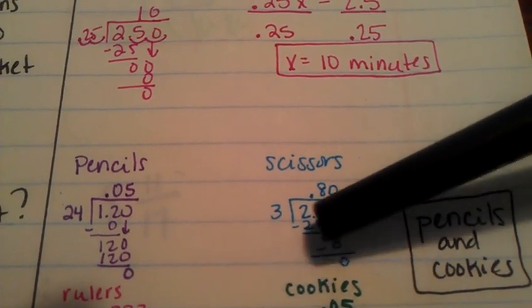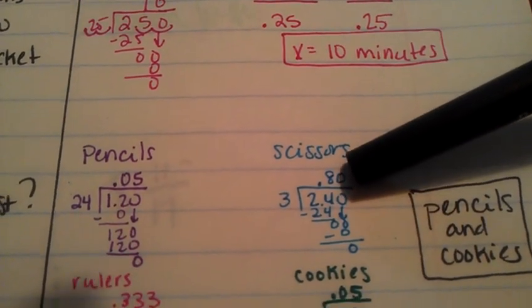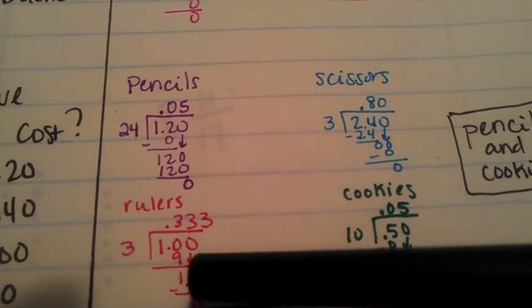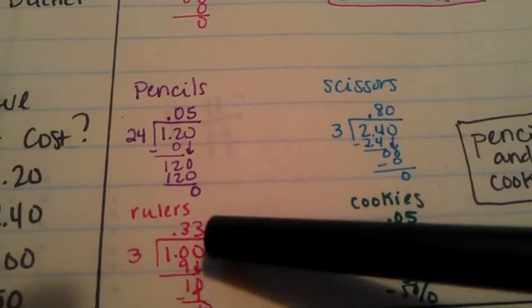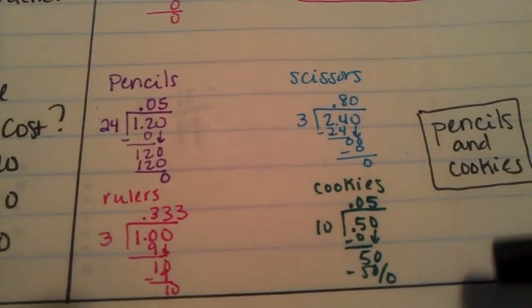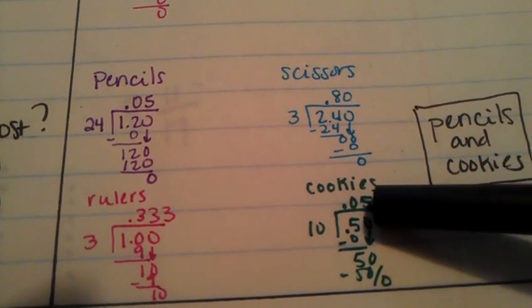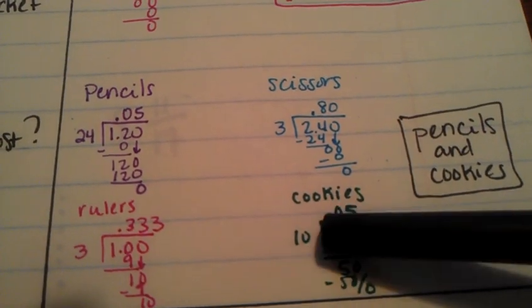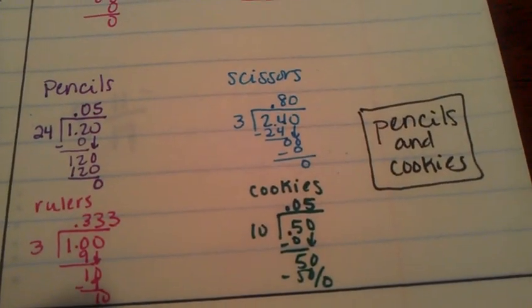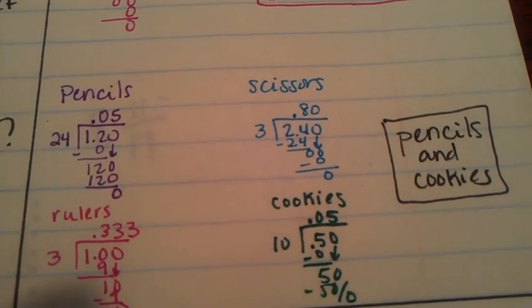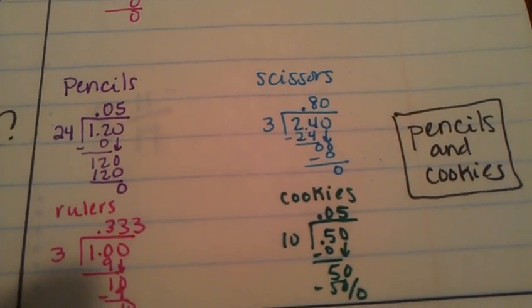Scissors, $2.40 divided by 3 pair of scissors is 80 cents a piece. Rulers, 3 for $1, so $1 divided by 3 is 0.33 cents a piece. Cookies, 50 cents divided by our 10 cookies, and we get 5 cents a cookie. So if you'll tell, cookies and pencils have the same unit cost. And we will do a lot of problems like this where we have to compare unit